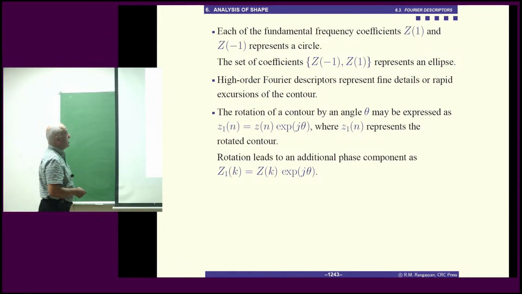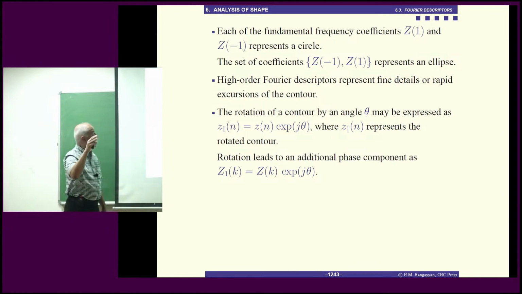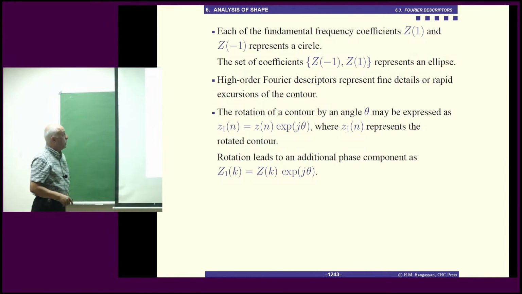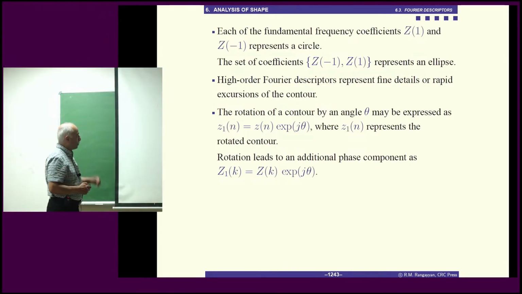High order Fourier descriptors will represent fine details or rapid excursions of the contour. In 1D signal processing, we talk about phase shift or extra linear phase factor with a shift of the time signal. Here, we also have rotation. Rotation of a contour by angle theta may be expressed as z1n, the new contour, is